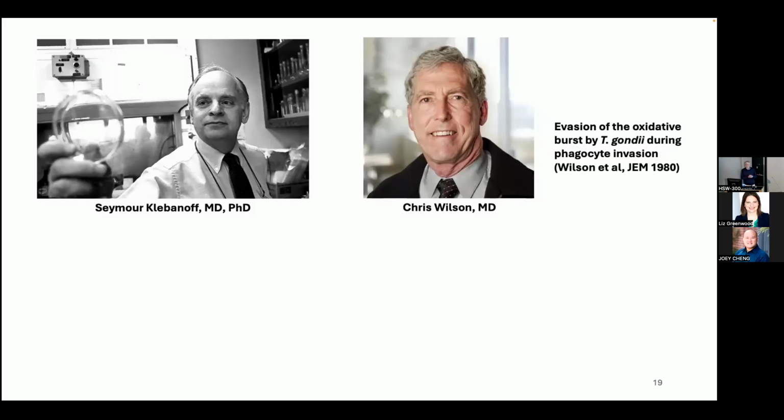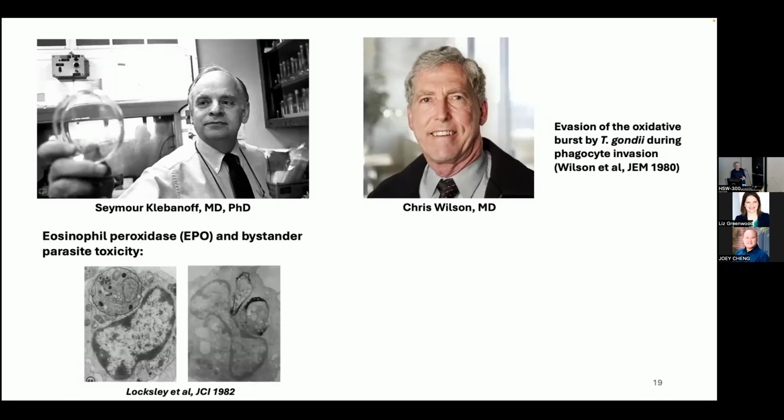And the target was brought by Chris Wilson, who was a new assistant professor from Stanford, who was working on toxoplasma from Jack Remington's lab, and had been publishing in JEM about how toxoplasma really lowered the burst. So it was a good model. And so through a whole series of things, I ended up going into a horse slaughterhouse, because it doesn't exist anymore, north of Seattle, collecting tons of blood from horses and purifying enough eosinophil peroxidase to do experiments for a long time. I could show that if you got eosinophil peroxidase onto the surface of these cells, they would be killed.